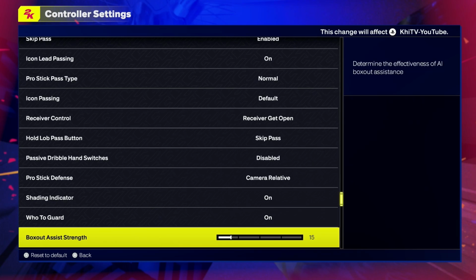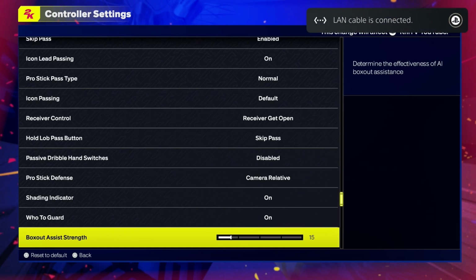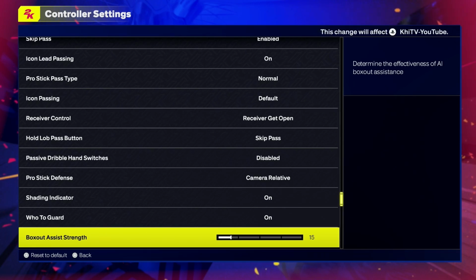Box out assist strength, this is also a personal preference right here. What it'll do is it'll assist you with getting box out. So it'll seem like your player kind of gets dragged into box outs a little bit more and sticks to players a lot easier. If you don't want it just pulling you into players, then you can turn this down. For me, I'm probably going to run a big as my first build, so I turned it down so I can have control over who I'm boxing out. But it might be better for you if you're a smaller guard, then you could turn this all the way up,